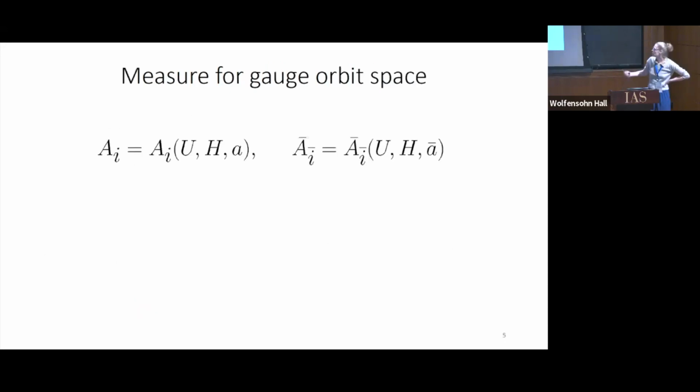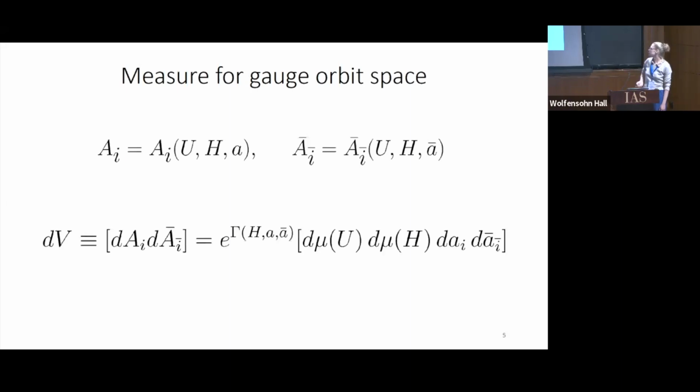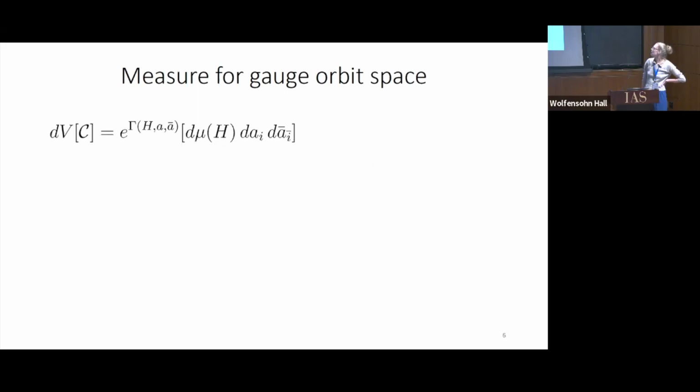So as before, we have new coordinates for our gauge fields. Now you find the measure for the gauge fields in terms of these new coordinates, and you just factorize out the volume measure for the pure gauge modes. What you end up having from these new coordinates is a Jacobian, and that is now manifestly gauge invariant, like you saw a week ago.